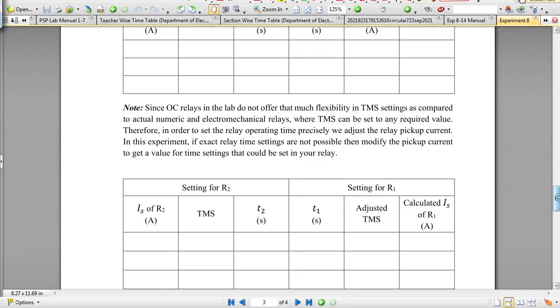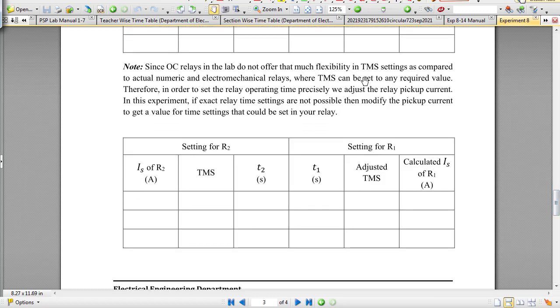Then the same discussion that I have done is written in the form of a note over here, because we can't adjust that TMS value more than one digit after the decimal point, so we will have to either round it up or downward. I have mentioned that if we round it upward, that requires a new value of set current less than the actual set, and if we round the TMS value downward, we will have to increase the pickup. Both can be done, but we will have to make sure that the backup relay pickup should be greater than the primary relay pickup or equal to that. If it is less, that is not acceptable.